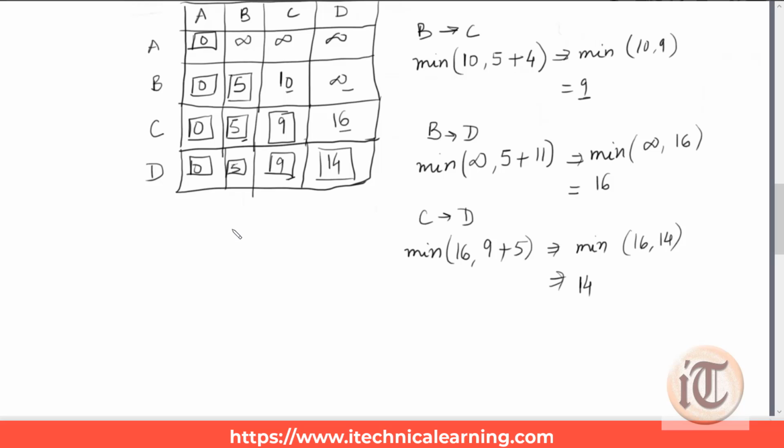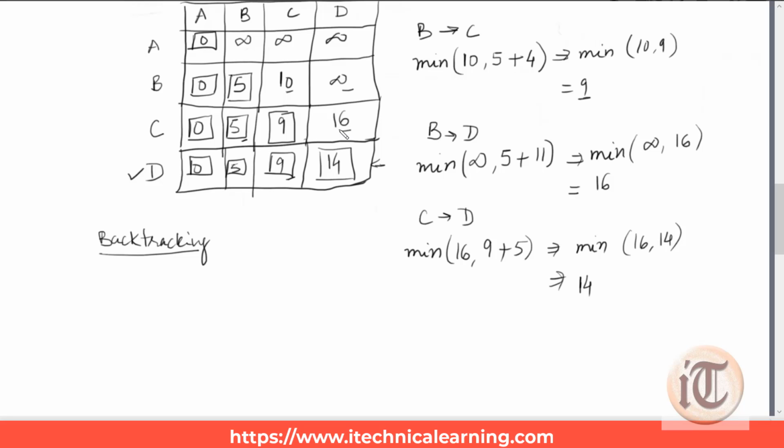Now we'll stop here and we'll perform backtracking to find the paths, the single source shortest paths. Okay, so to do that, we'll start from the final marked row. We'll make it a tick, and we'll move upward row by row and look for a change in the value. So if we move upward, we can see the 14 value is here, but in the previous row it was 16. So there is a change.